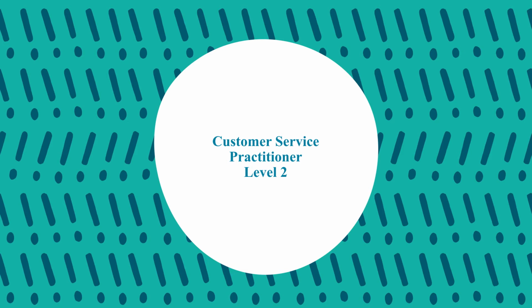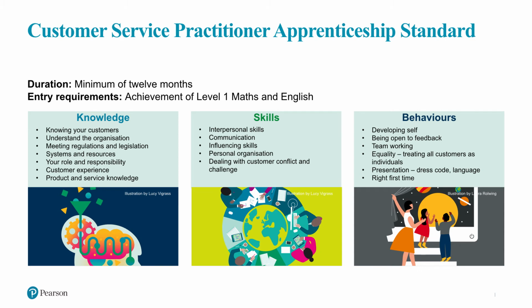So what we have here is essentially a summary of the level 2 apprenticeship standard. What you'll know is that with new apprenticeship standards, they're all written on an A4 piece of paper back to back. And within them, it contains the knowledge, skills, behaviours that an apprentice has to achieve during their on-programme and their endpoint assessment phase. You'll see for customer service, the minimum duration is 12 months. So apprentices have to be on programme for a minimum of 12 months before they can progress into endpoint assessment.